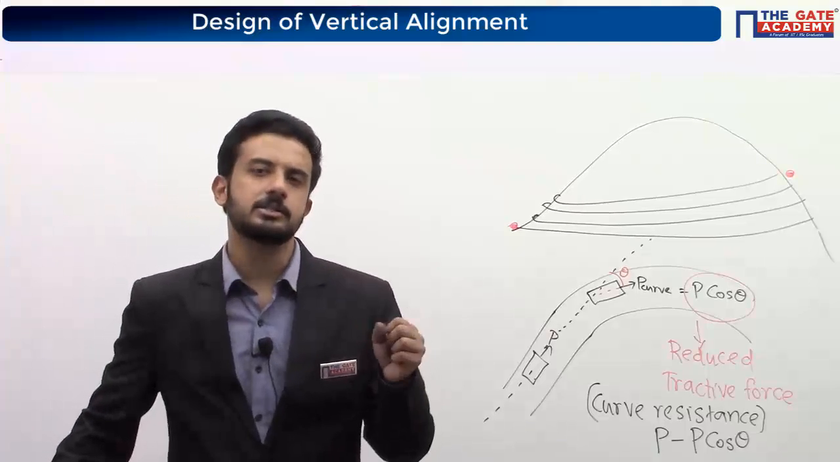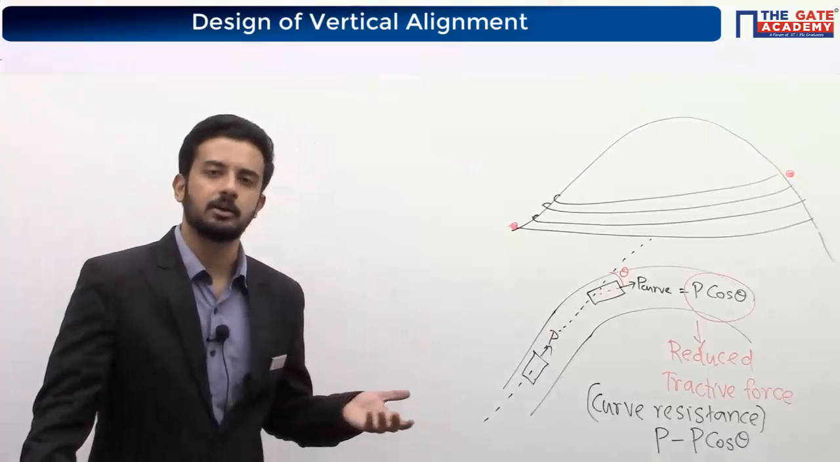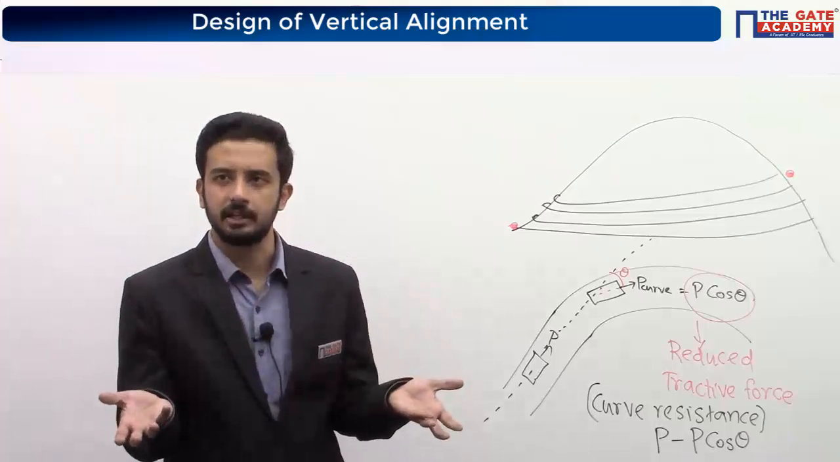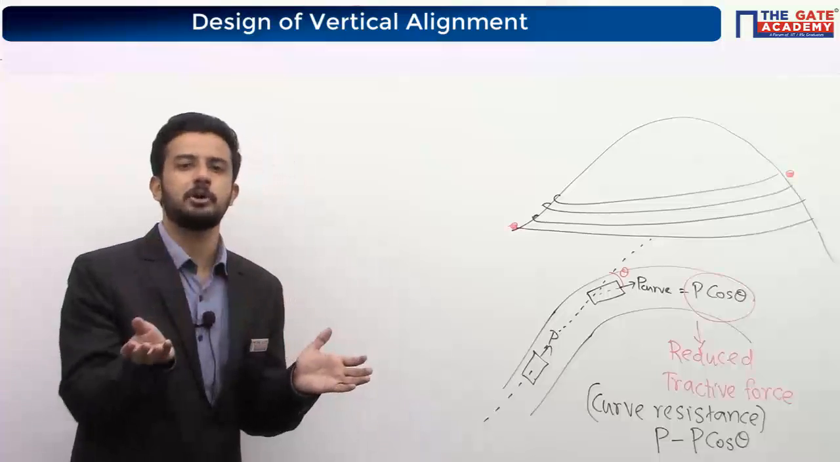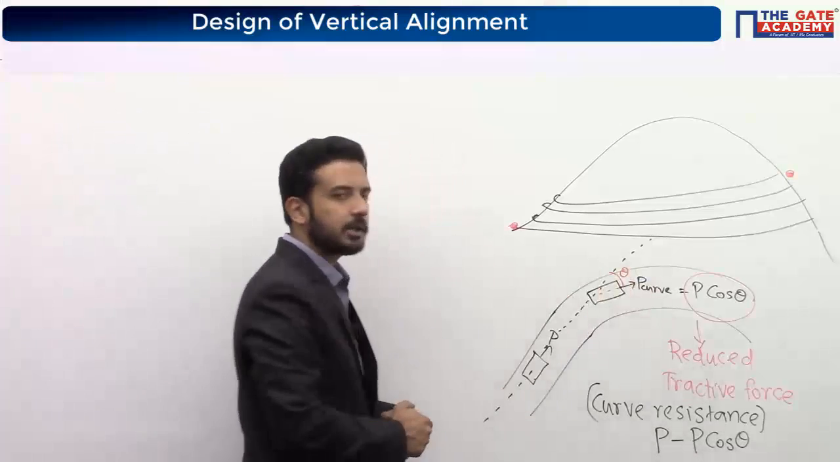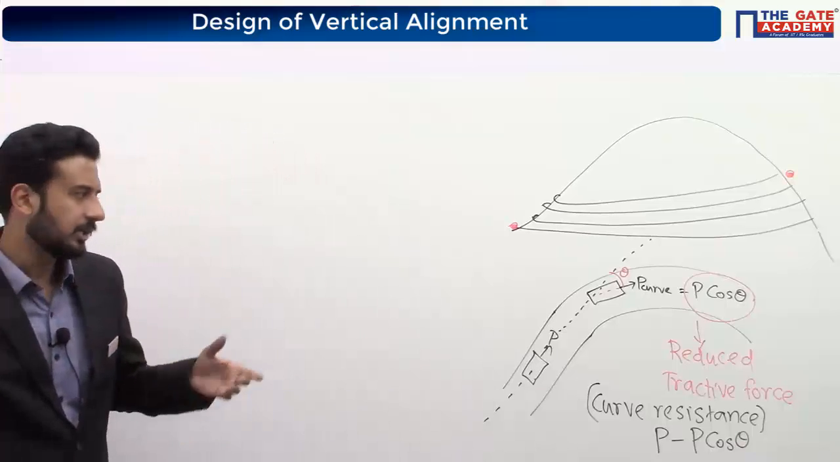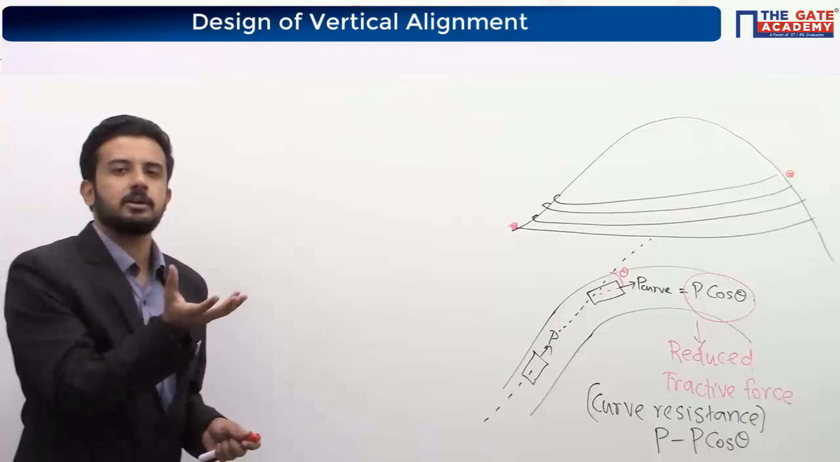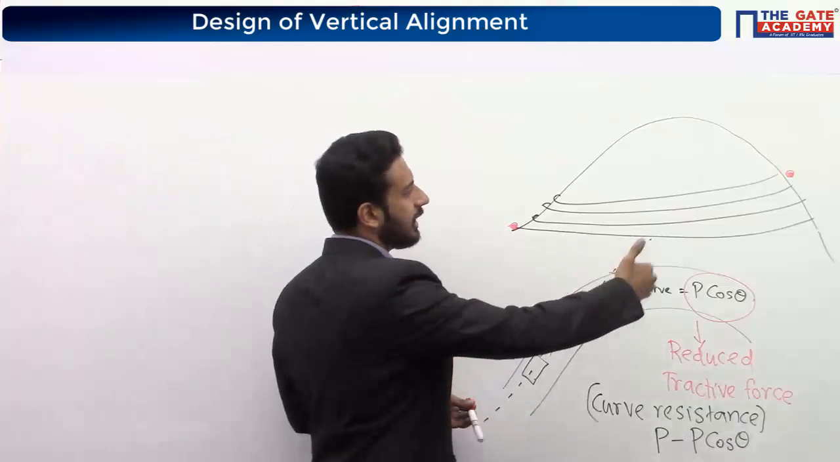It is reduced because of the resistance which is happening on the curve. Resistance in pulling force. Some effect is there, na? So IRC has simply formulated one equation. It will be approximately equal to P cos theta, like that. Okay, no need to go deep. Simply I want to tell you there is some effect on the horizontal curve as well as on the vertical